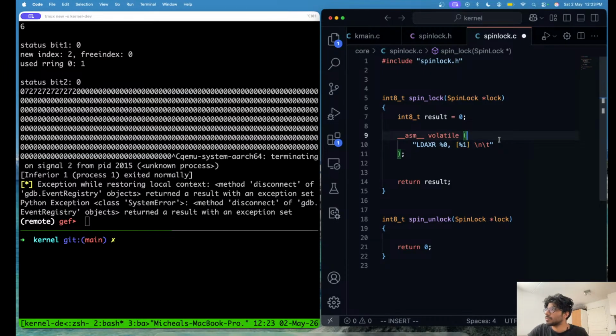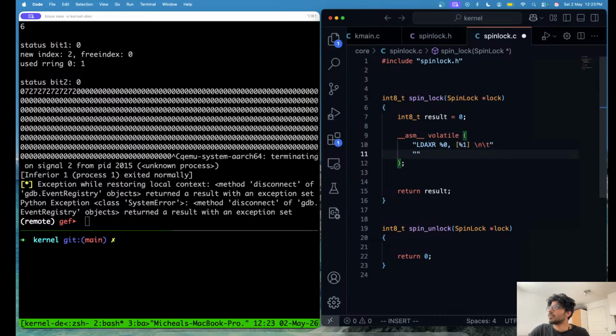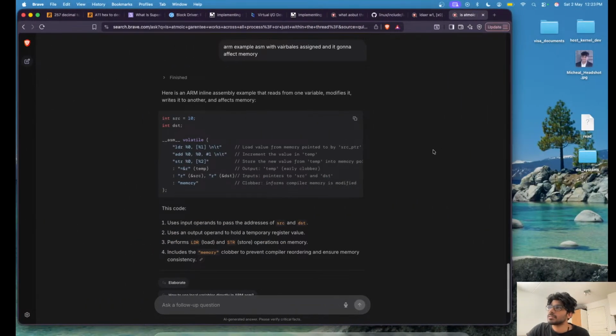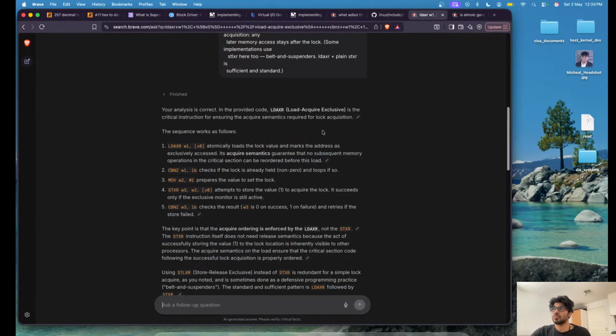Okay, whatever, we'll put that. And then once we have it in a register, now we have to compare it, and we want to check if it is equal to 1 or not. If it's equal to 1, then someone has the